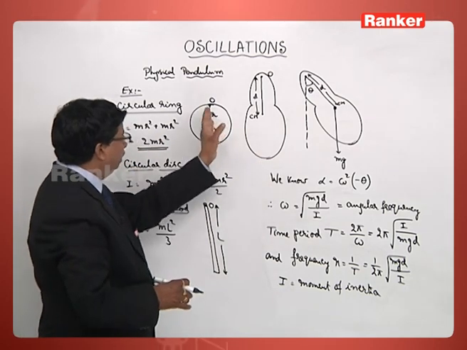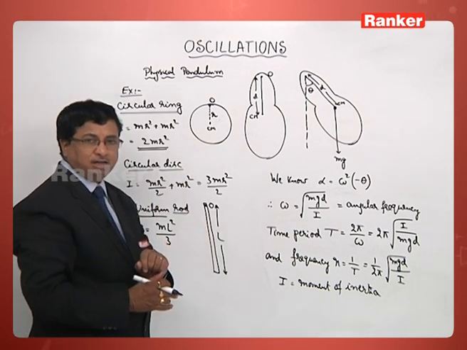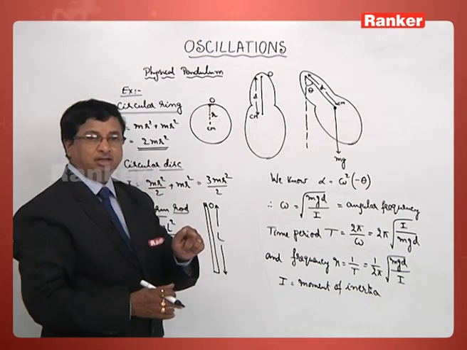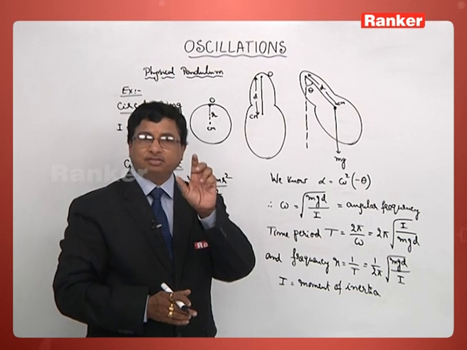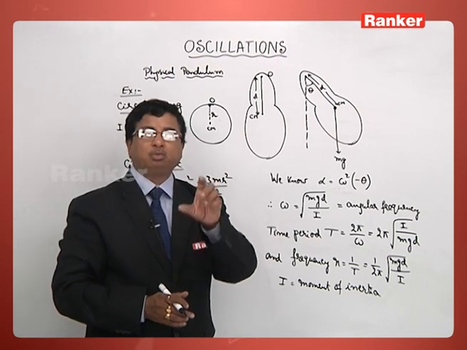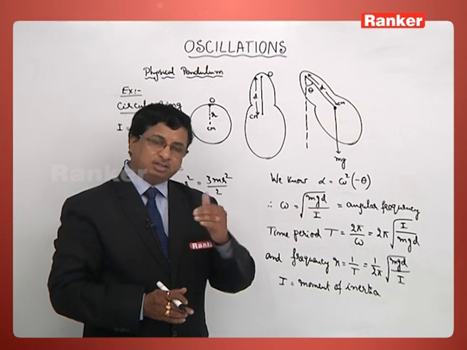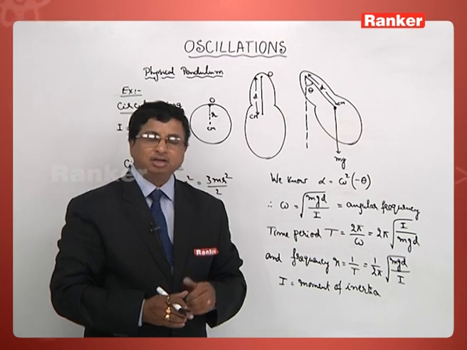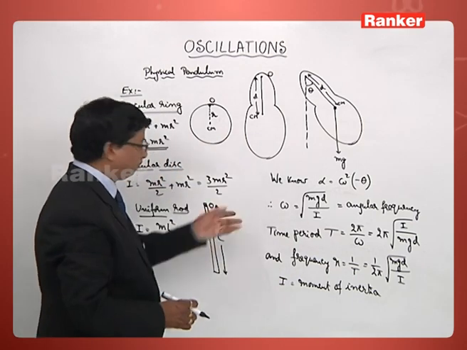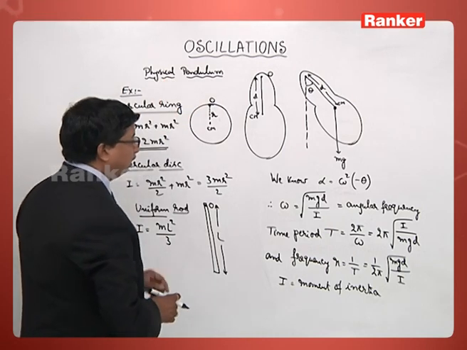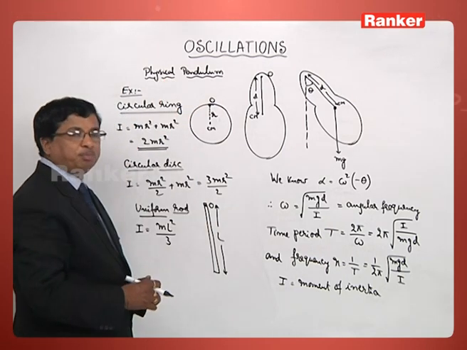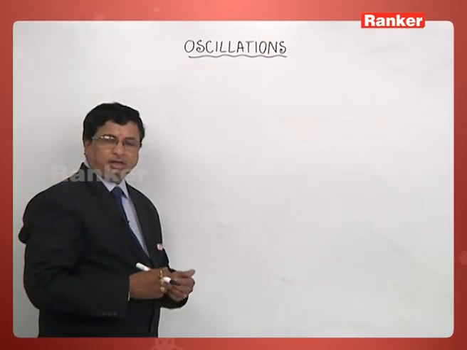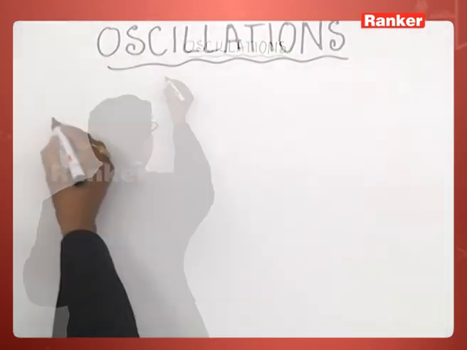So depending on the mass of the body considered and the axis with respect to which the body is oscillated, that is very important. Considering that axis, we have to estimate the distance. Considering that mass and distance, one can estimate the moment of inertia in each case. This is one of the wonderful applications of angular simple harmonic motion in this topic called oscillations. Let us take another example,